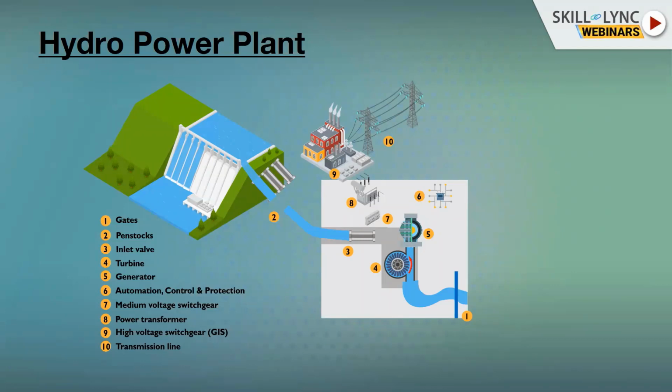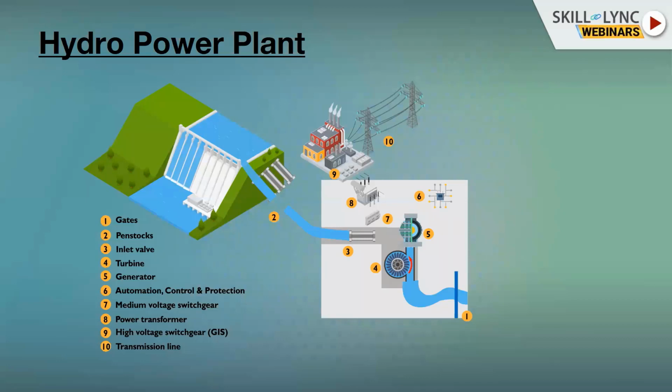Okay, so you can see that in the picture itself. And the next one is automation and control protection. In each and every electrical generating station, we have the control protection unit. Why? Because the generator and the other parts cost is very, very high. That's why they have these setups. And the next one is the medium voltage switchgear. The switchgear is nothing but the circuit breakers, which protect the entire unit while any emergency happens.